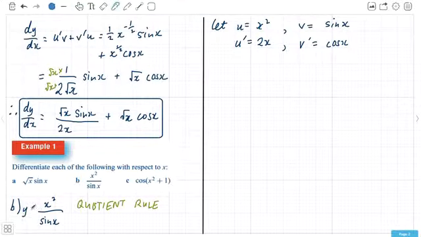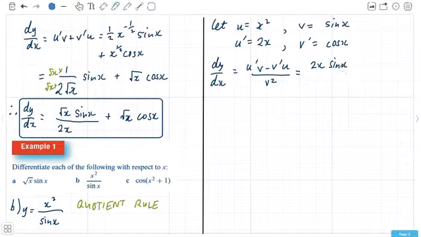So I'll just call this y. And so now for our derivative, dy/dx, we have the quotient rule: u dash v, take v dash u, all over v squared. And this time u dash is 2x, v is sine x, v dash is cos x. What you might notice is you've got a whole cross multiply thing going on here. These two multiplied together, take away these two multiplied together, so negative x squared cosine x,